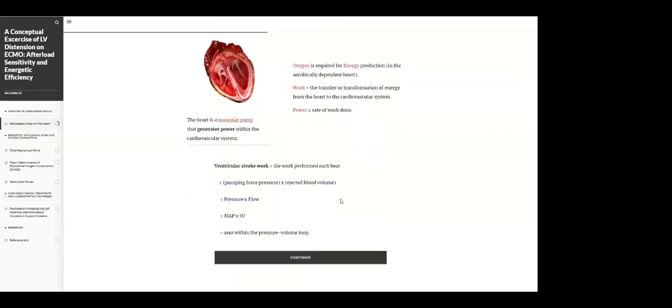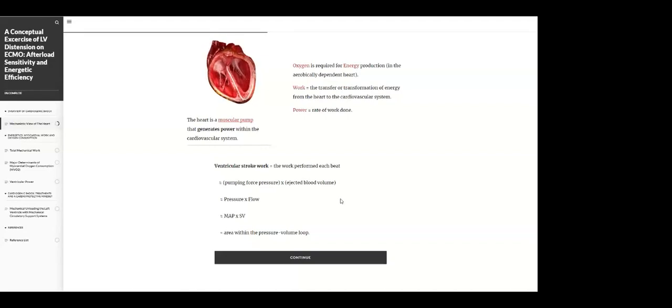And so clinically, power is very significant. When we're looking at a single heartbeat, such as a still shot of a pressure volume loop, ventricular stroke work is going to be more useful to look at. So defining ventricular stroke work here, it's the work performed each beat. Often it's derived from mean arterial pressure times stroke volume, and that provides a nice approximation of ventricular stroke work. Now, to get a more accurate estimation of ventricular stroke work, we want to look at the area within the